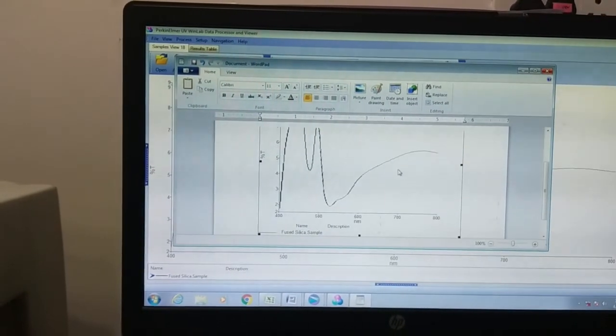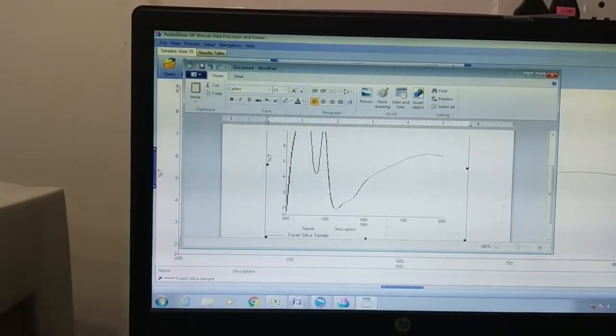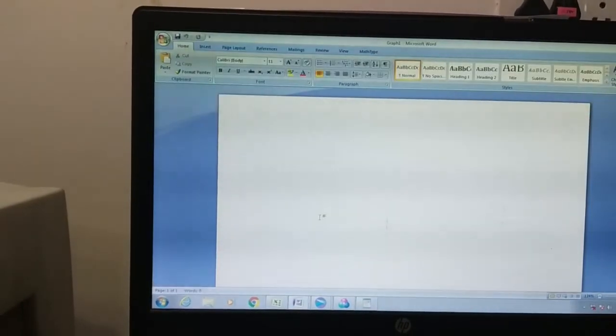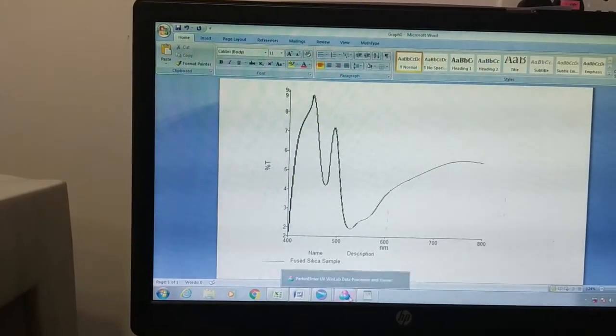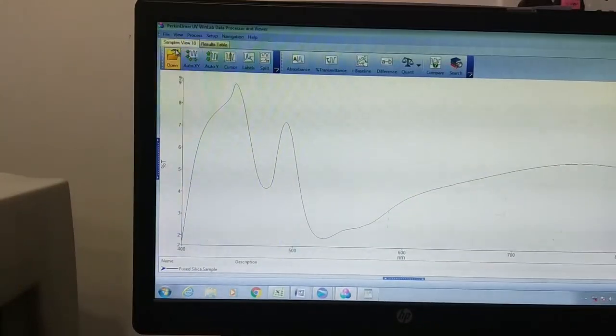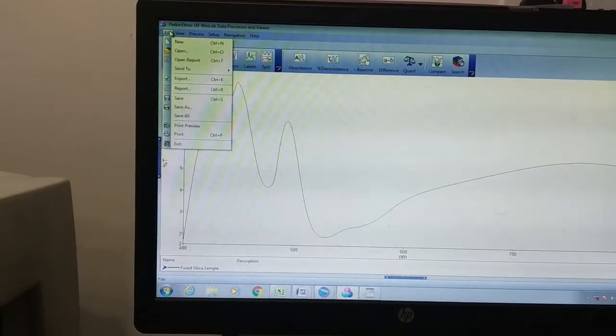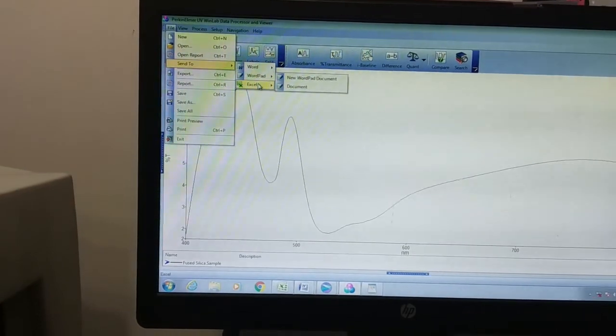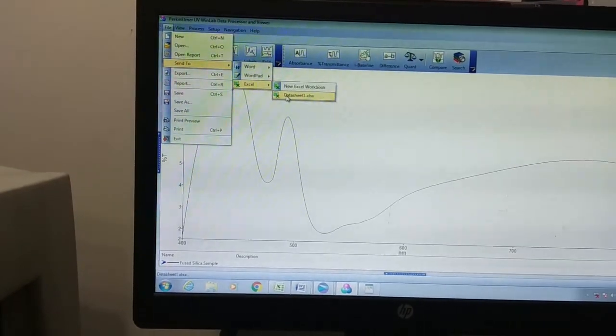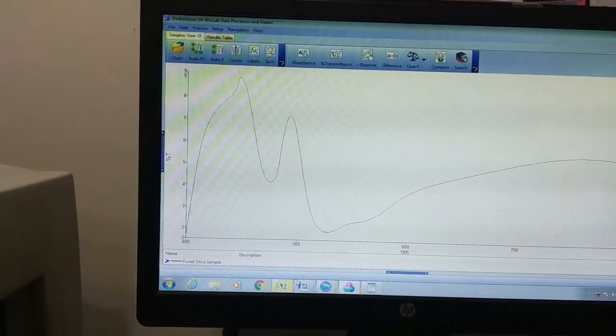Press Ctrl C and save it to Microsoft Word. Then go to DPV, then send to Excel, then Excel to datasheet 1.